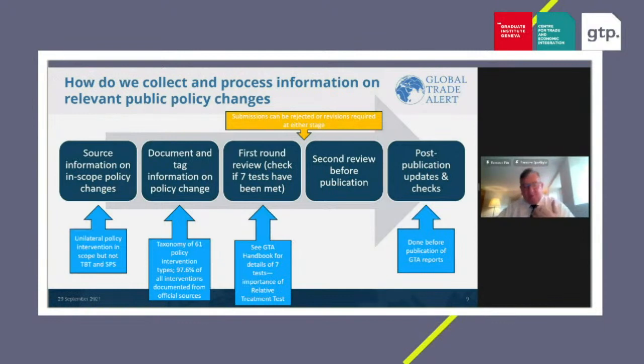In fact, you might think, and I think there's an interesting question to be had, what role is needed, or whether notifications to the WTO are going to be needed if more governments commit to transparency at the national level. There may well be ways of translating that national commitment into useful information at the multilateral level. Again, it has to be done right, but fundamentally, the thing that makes the data collection possible for the Global Trade Alert is that governments are often much more transparent at the national level.